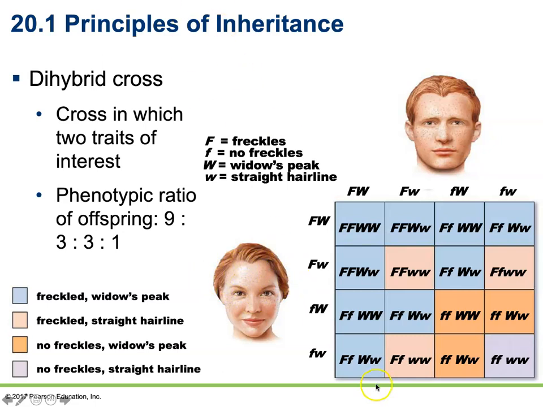ratios. We're going to find that all of these in blue here are going to be individuals who are freckled with a widow's peak. The individuals who are freckled with a straight hairline are going to be here in this sort of lighter peach color, and those with no freckles but a widow's peak are going to be over here in orange. And then finally, the individuals with no freckles and a straight hairline